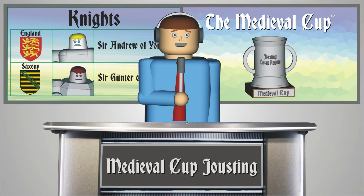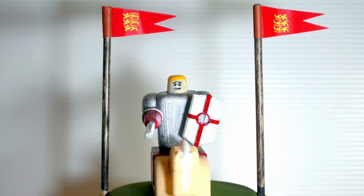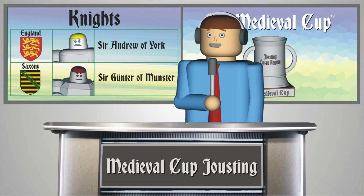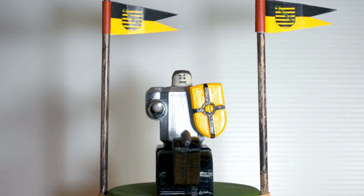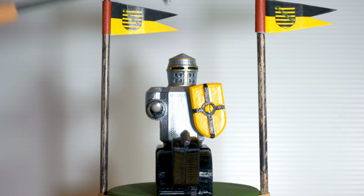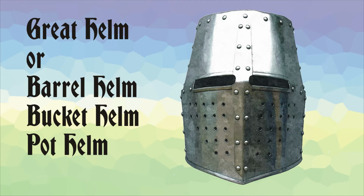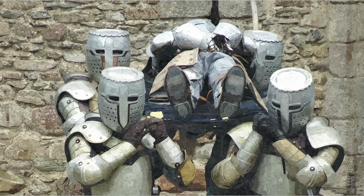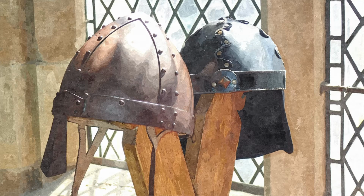Our knights are about to be helmed. Let's cut over to the action. We see Sir Andrew receiving his great helm, and with those gold accents he looks impressive. And Sir Gunter, imposing with his even more sophisticated pointy top bucket helm. The great helm, a cutting-edge piece of equipment, is a steel bucket with eye slits cut out. It is placed upside down onto the head of the wearer. These state-of-the-art technological marvels are all the rage and have replaced the less protective Dark Age head coverings of the